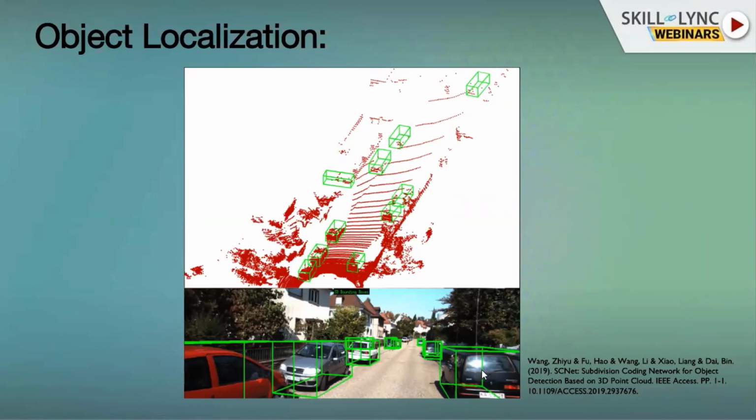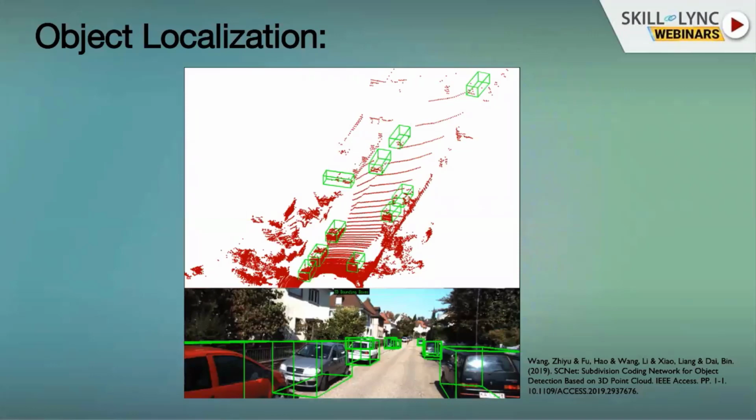After processing the point cloud with deep learning algorithms and AI models, we are able to put a bounding box on each object, like this green bounding box in the LiDAR, showing that this bounding box is a car and where it is. So we are getting all the information in the point cloud, which object is there and where it is. This is another application of LiDAR in self-driving cars, and it is actually a major application.